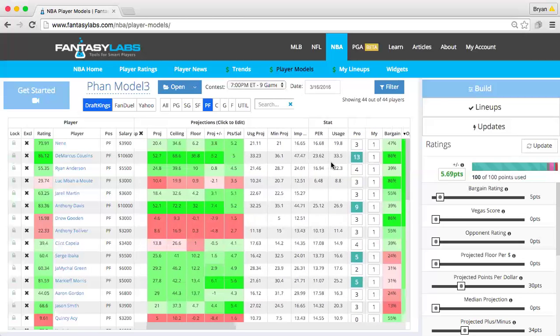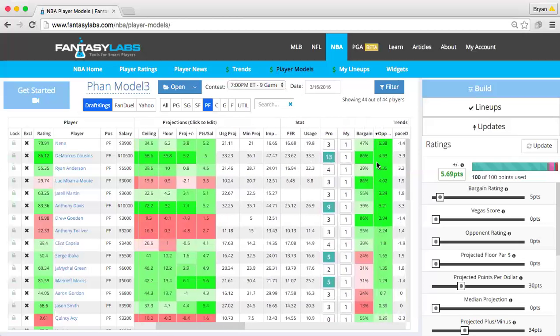So what we have done is we've taken the plus minus allowed to the position by that team, and we've weighted it according to each player's position splits, which is why each player has a very different number, because it's very unique to them. So what we will do is we will take the opponent plus minus allowed by New Orleans to center, and we will weigh that 8%, and then we will take the opponent plus minus allowed by New Orleans to power forwards, and we will weigh that